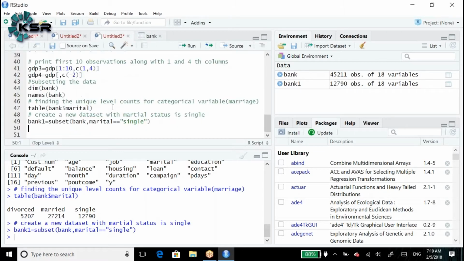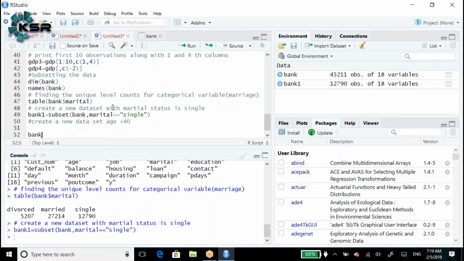Create a new data set where age is greater than 40.